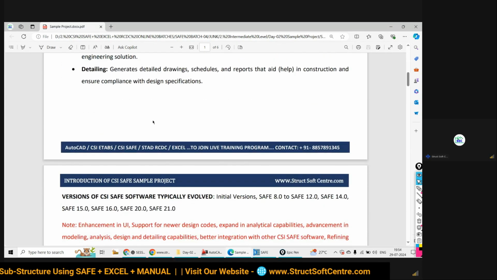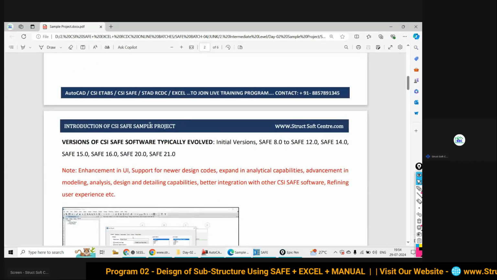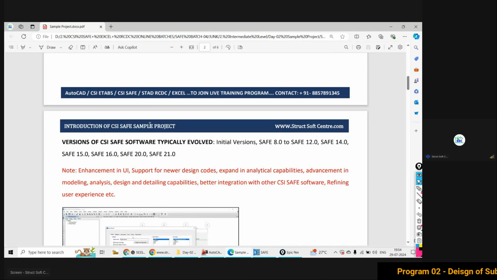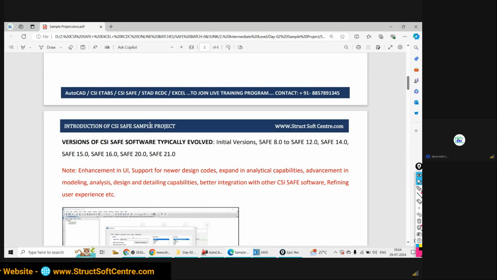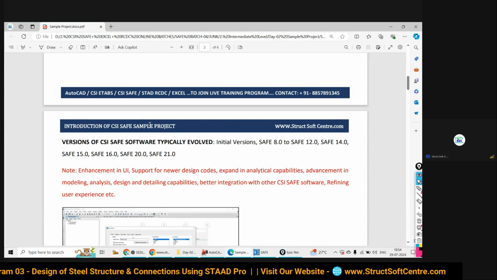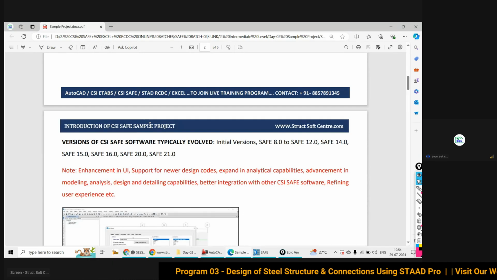Now, many people are asking, sir, what are the different versions and which version should I choose, and what will happen if I am using another version? Actually, not only for CSI SAFE but for all other software, companies keep updating them over time, and due to these updates it comes in a series.